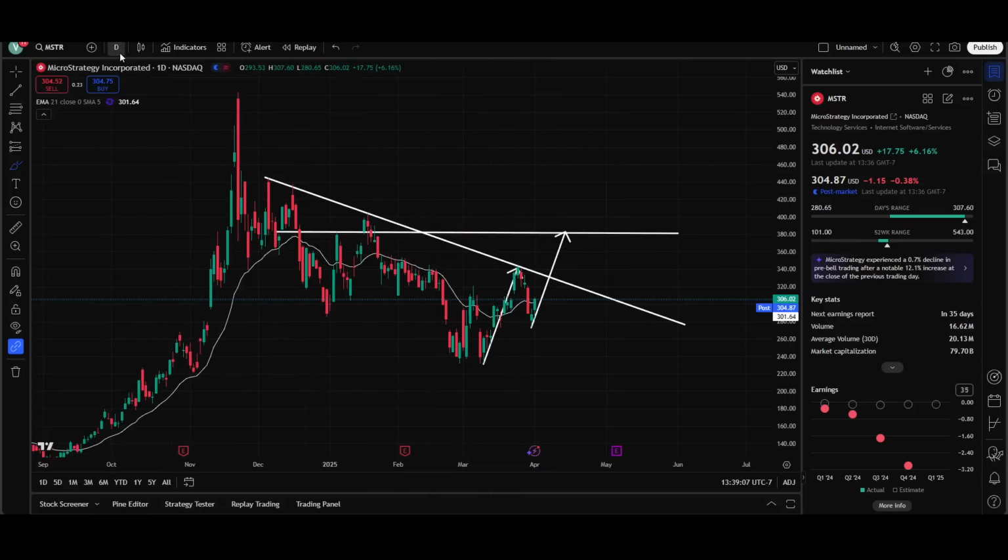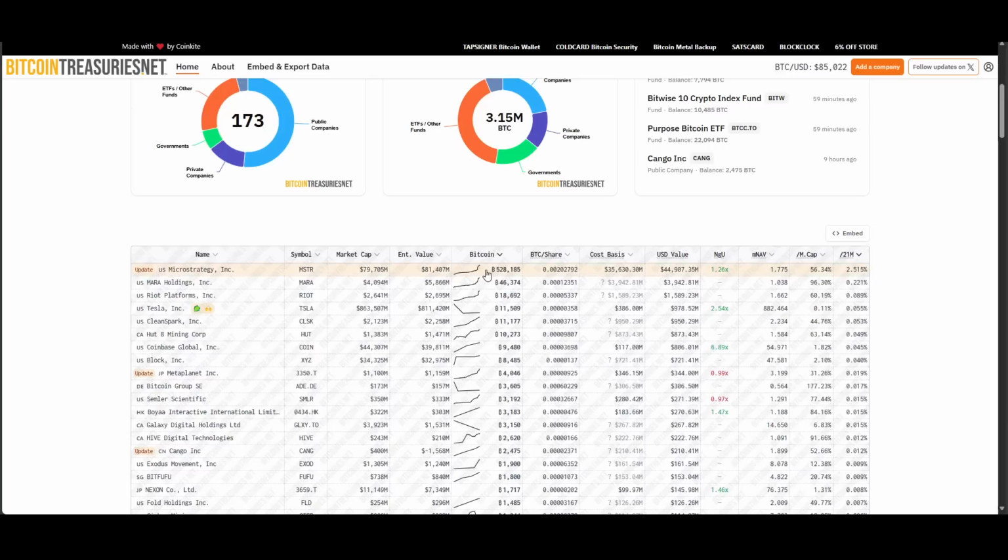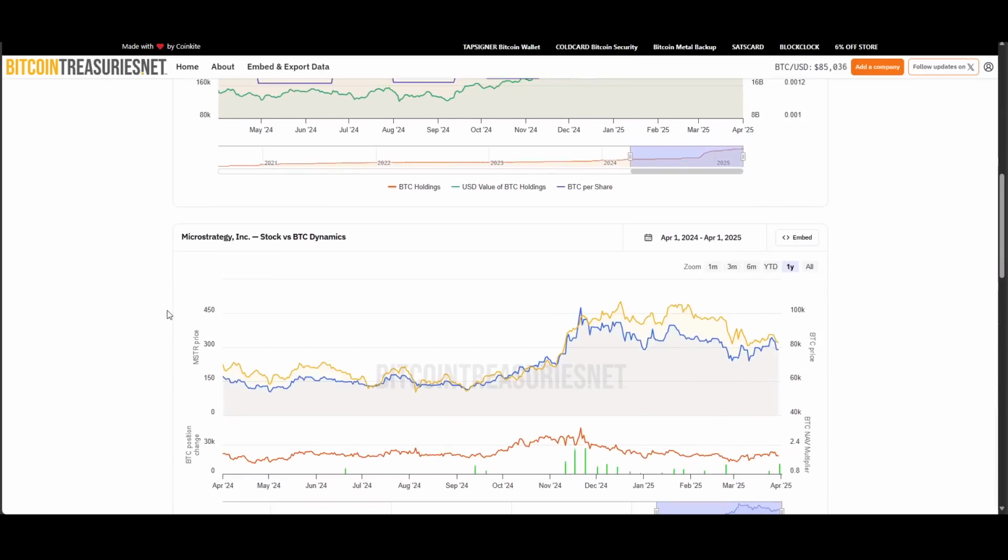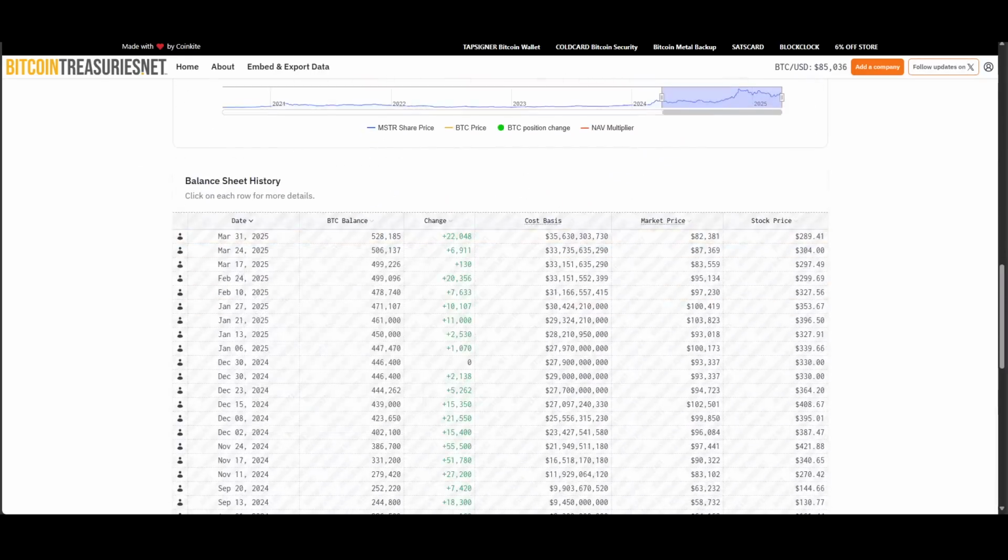Carrying on, let's take a look at the Bitcoin Treasuries list. They did update MicroStrategy at 528,185 BTC. So again, very impressive. At this point, anybody buying Bitcoin is pumping up Strategy's bag. And it's kind of funny, they still say MicroStrategy, even though it's been Strategy for at least a month now. Bitcoin Treasuries, I think they're made by CoinKite, a Bitcoin wallet company, still says MicroStrategy here. And anyway, they updated to 528,000 because Saylor, or the strategy team, bought 22,000 Bitcoin